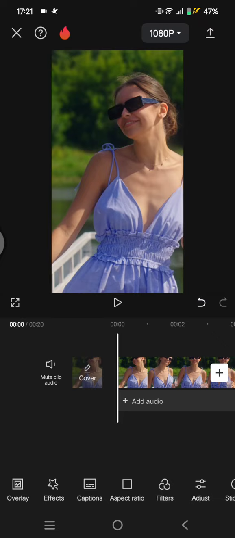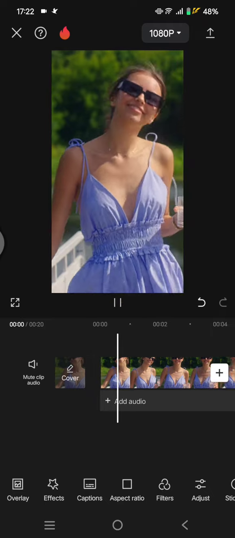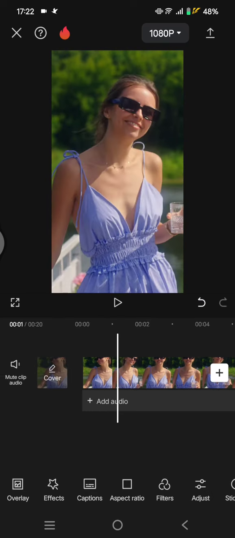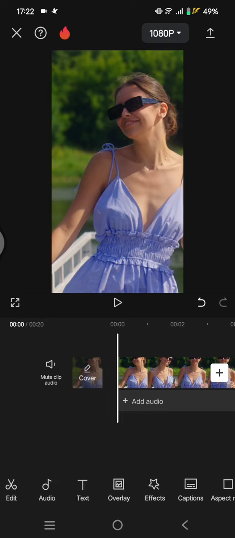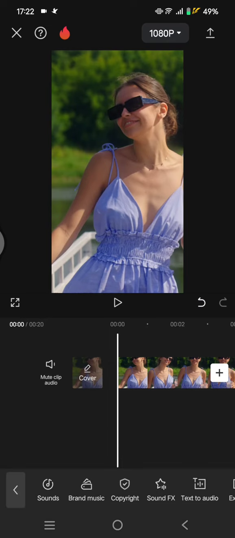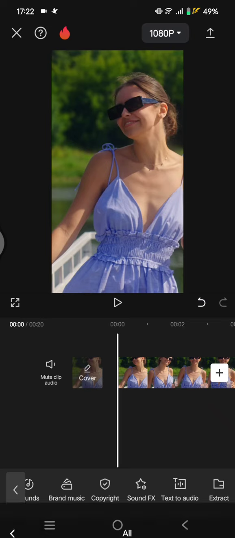On today's video, I'm going to show you how you can insert a voiceover file from your gallery into CapCut. So in here, I have this video edit that I want to add a voice memo or voiceover. So what you need to do if you want to do the same is just click on the add audio button, go to sound, and in here,